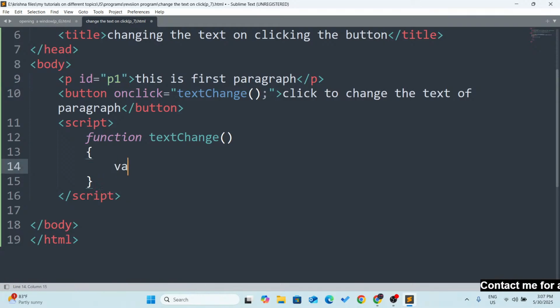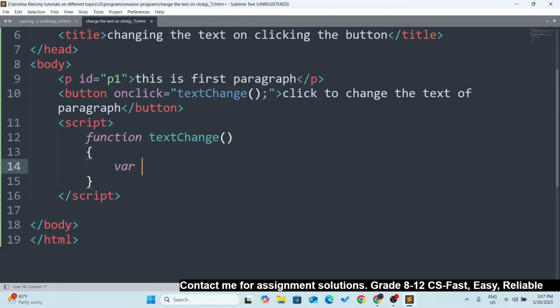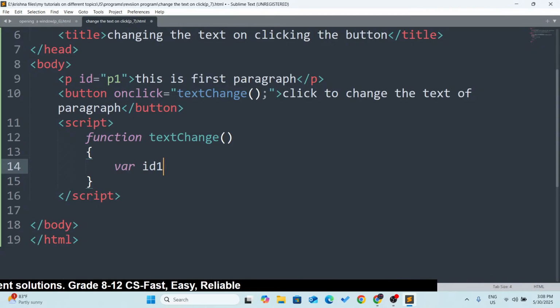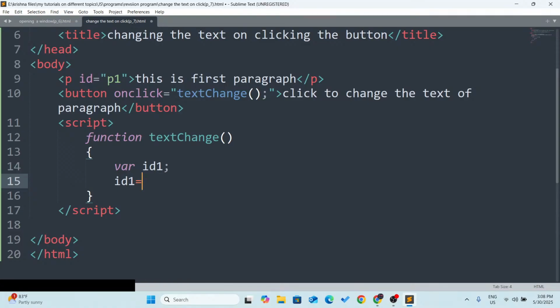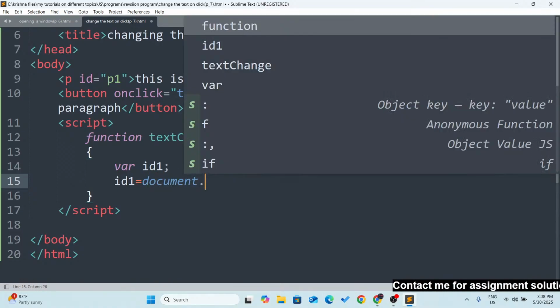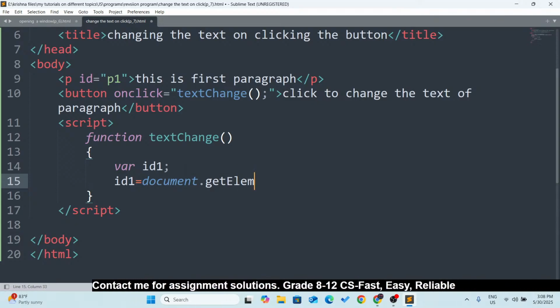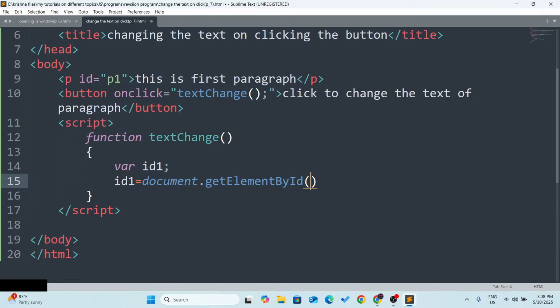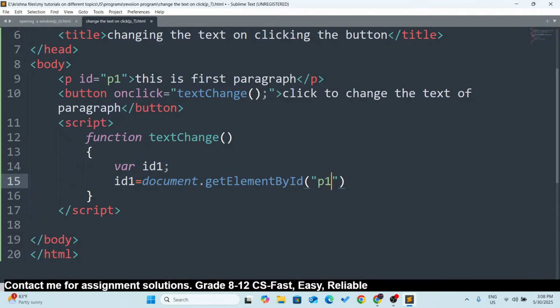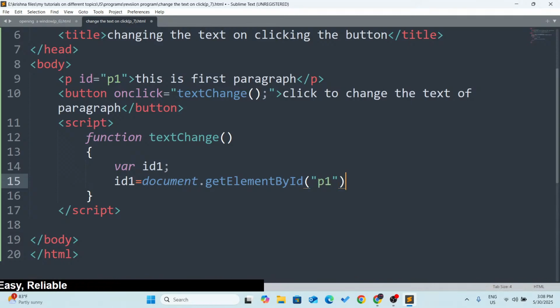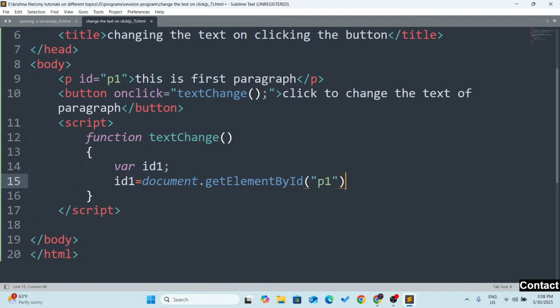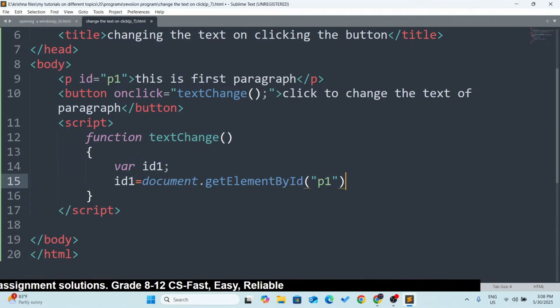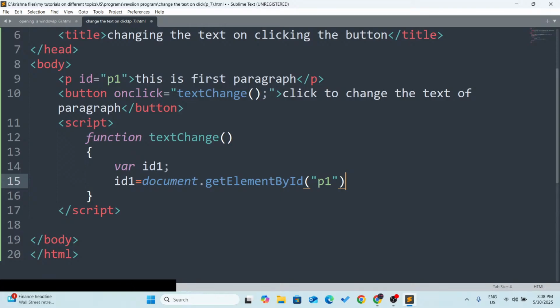So var id1 equals to, what is the name of the id? p1. So p1 dot value,